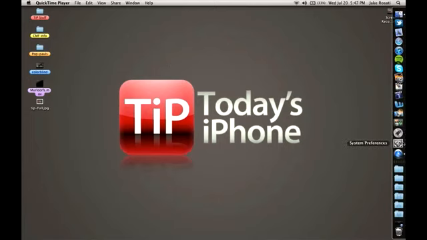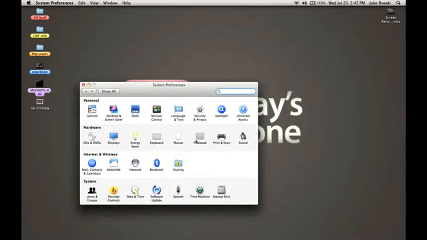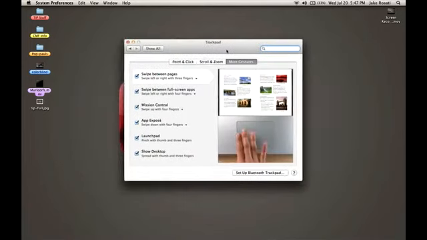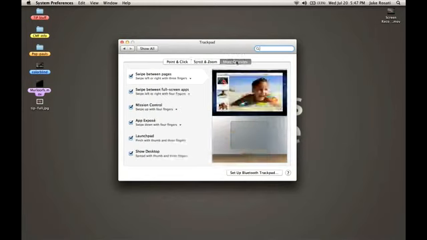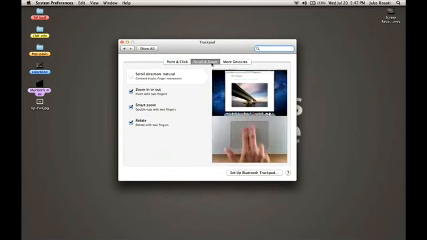Now, if we go over to the system preferences, we can go into the trackpad option, and I can show you some of the awesome new gesture features. If you can see up here at the top, we have three options: point and click, scroll and zoom, and more gestures. Real quick, in scroll and zoom, I just want to let you guys know the default scrolling option